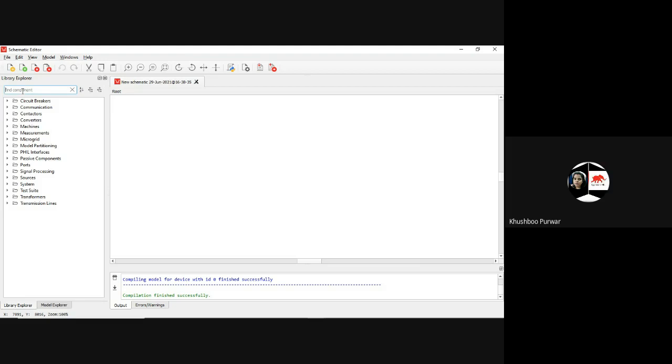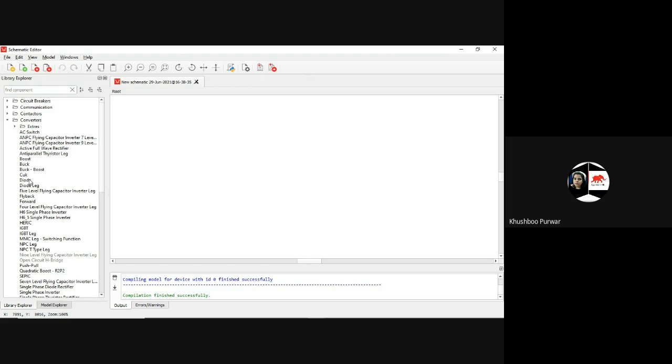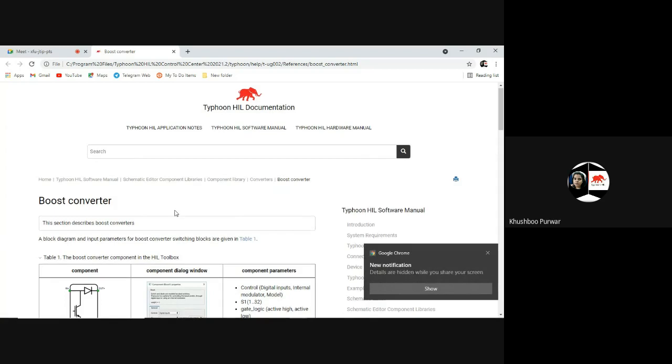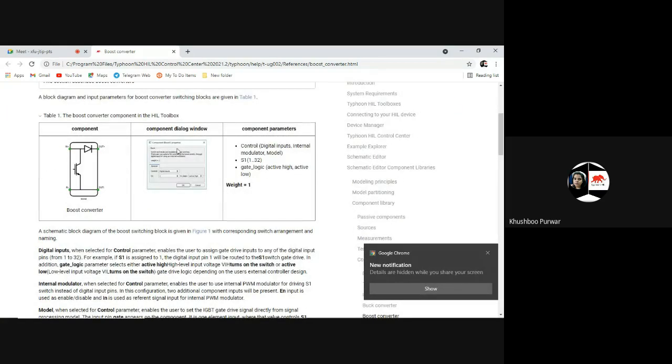Okay, then for this boost closed loop, we will fetch one converter from the converter library. So here I'm going to fetch one boost converter. This is our boost converter. And regarding this, you can learn from the help. See here, you can see the component parameters.